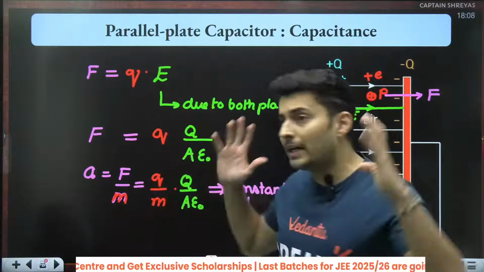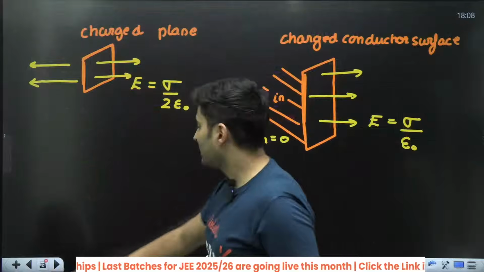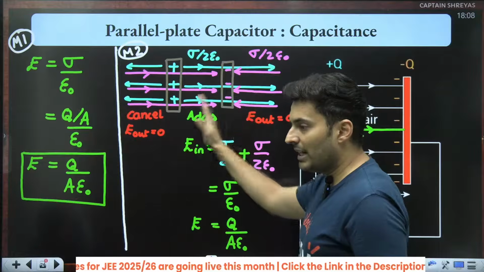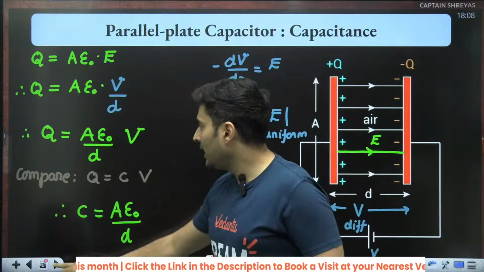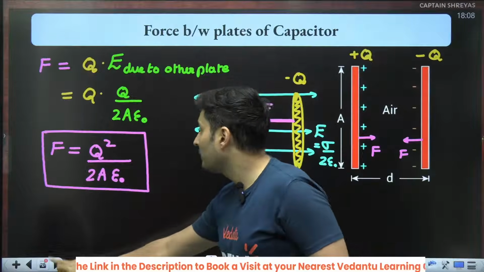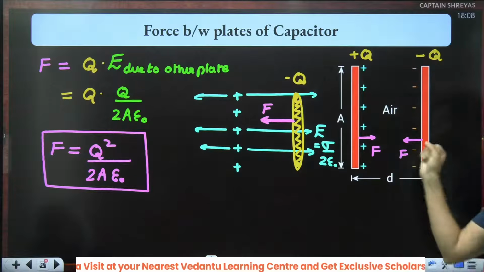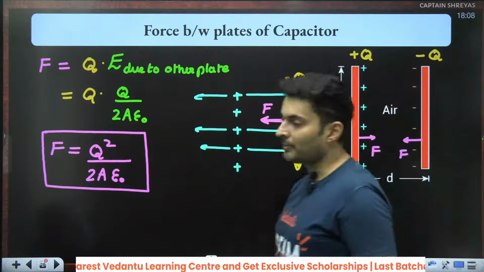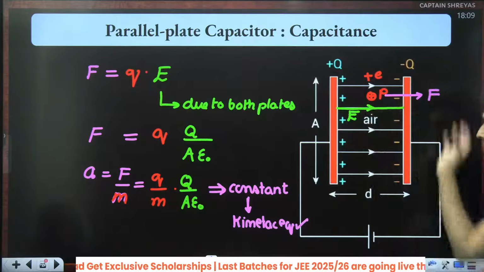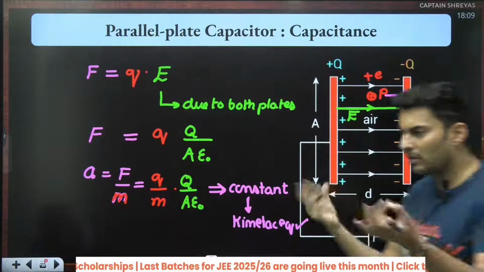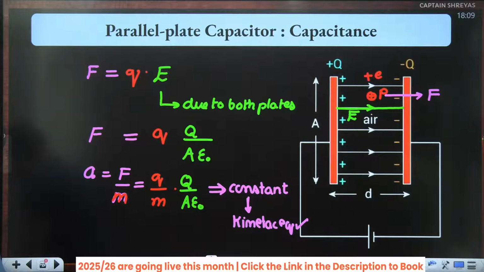Okay, so now you know the clear-cut difference between what is the electric field between the plates of a capacitor. How is it found? In fact, two methods are there. And you now know what is the electric field due to any one of the plates of the capacitor, which can be used to find the force between them, which is this one. But when you have to find the force on a third particle, then you use the total electric field acting on that third particle kept in between. Yeah. I hope this is clear.